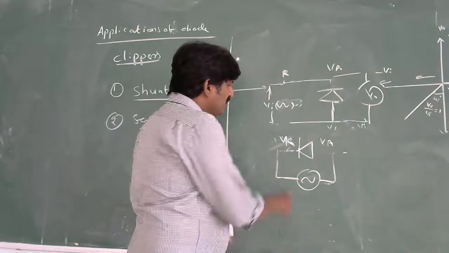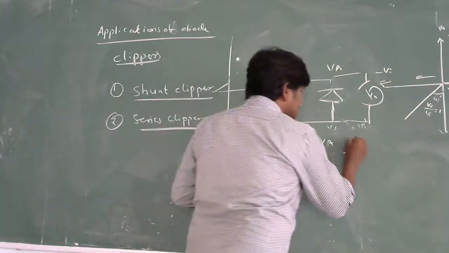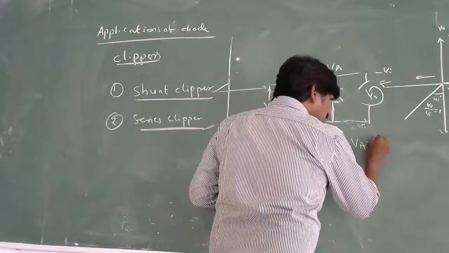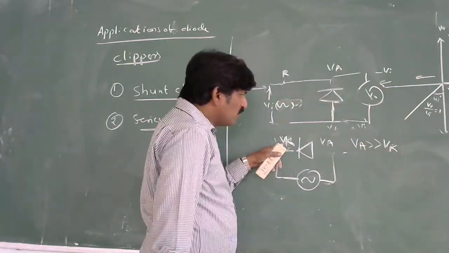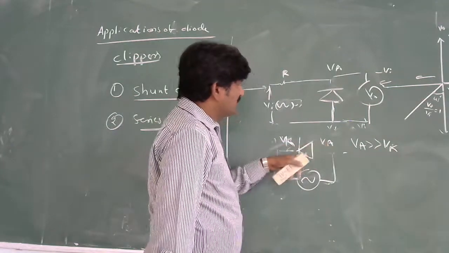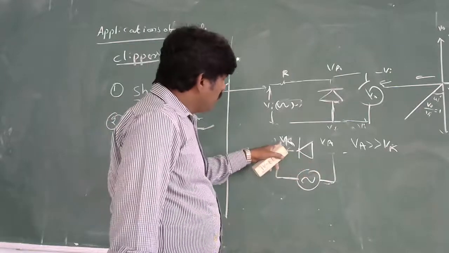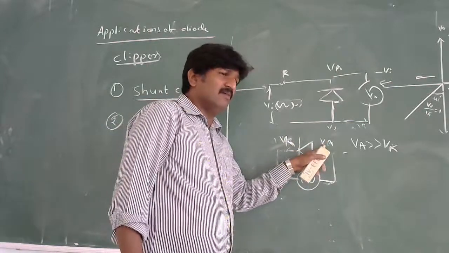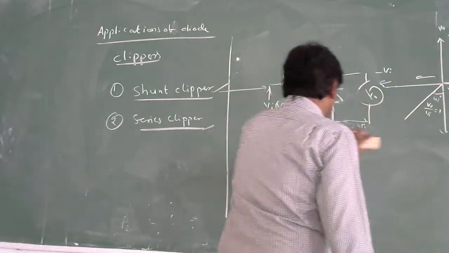It means that when VK voltage is less than VA, as per the stated equation, VA always should be greater than VK. When VK voltage is less than VA, the diode will become forward biased. When VK voltage is greater than VA, the diode will become reverse biased. Now let us consider now